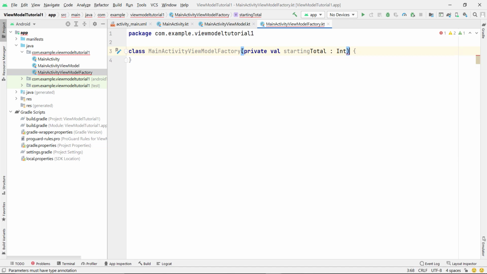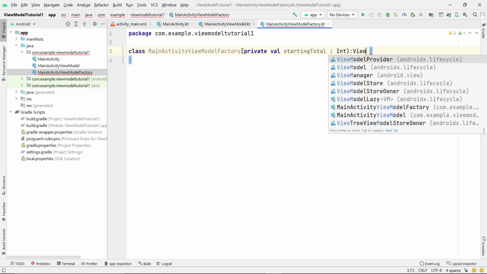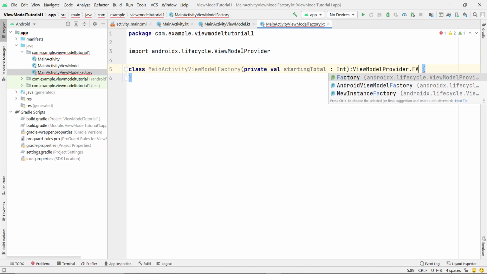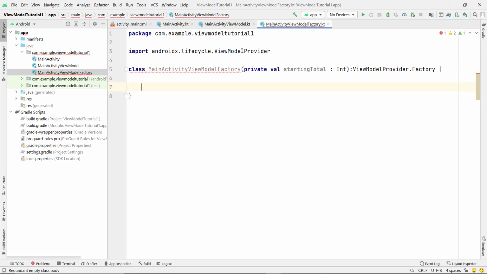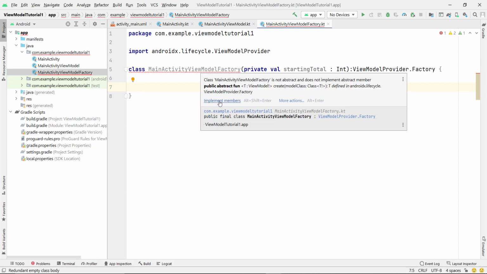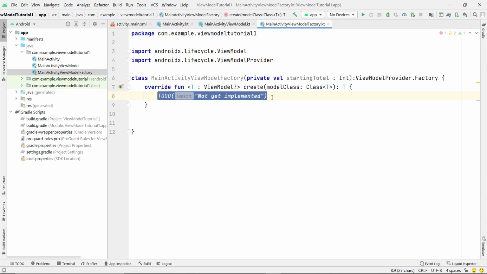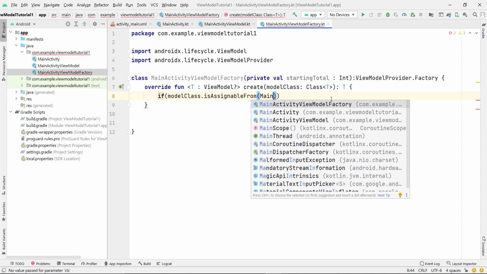Now it should extend ViewModelProvider.Factory. It should extend this. Now inside this we have to implement members. So take your cursor here and click on implement members, and it will automatically add the whole code. You can see this is the override function, which is overriding the ViewModel class. Inside this we have to type, because this factory is for our MainActivityViewModel, code: if modelClass is assignable from MainActivityViewModel,